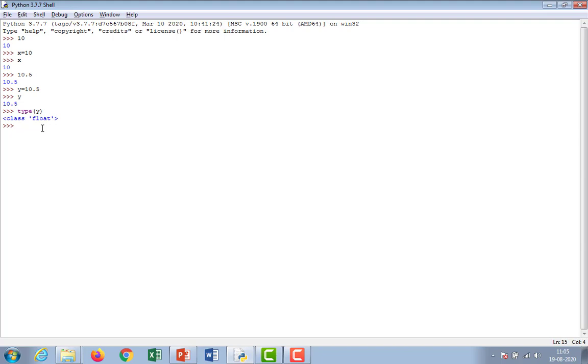If you want to check the type of x, the type of x is integer data type, because you gave 10 as input. Like this we will give so many numbers.